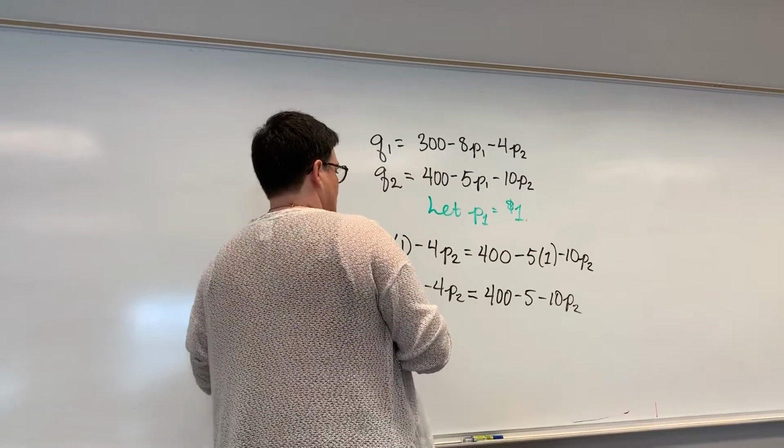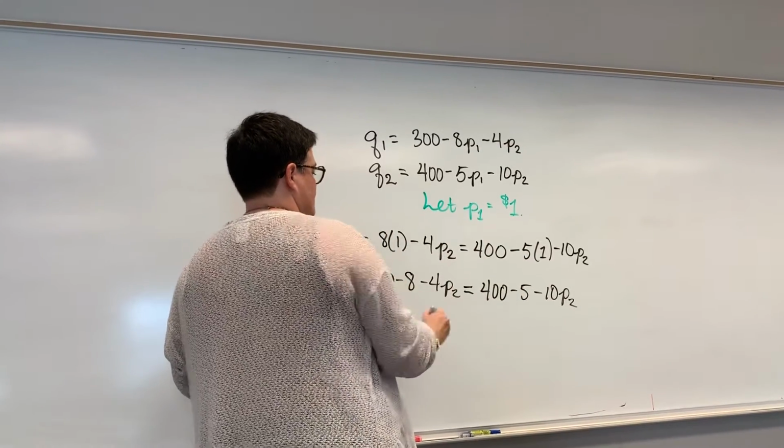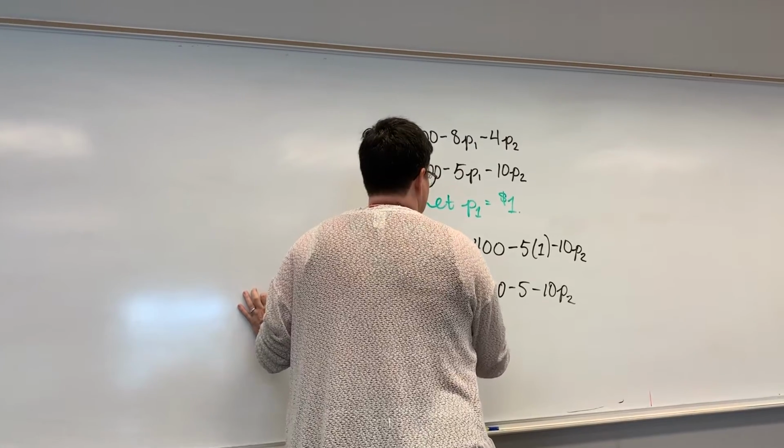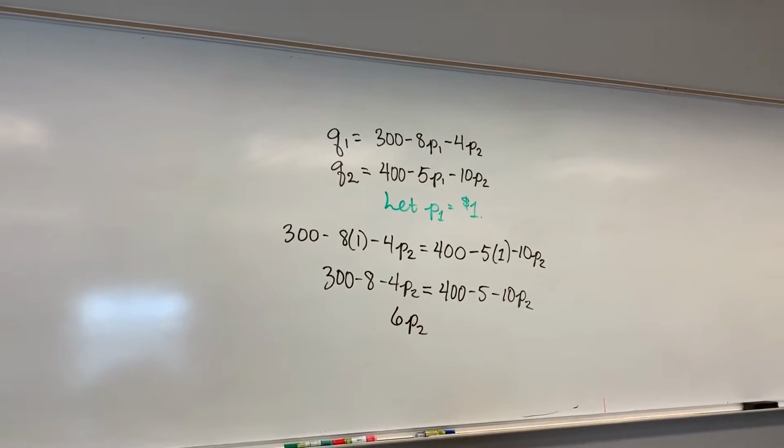Let's move the P2s over here and everything else over there. Does that make sense? So let's say we have P2,